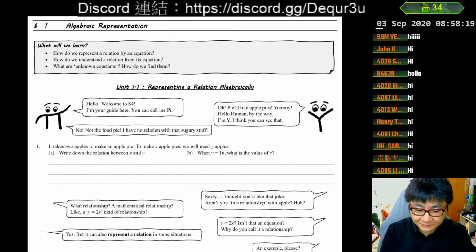Okay, so the first one, let's see what the relation is. It takes 2 apples to make an apple pie. So to make 1 apple pie, we need 2 apples, and to make X apple pies, we need Y apples. Try to write down a relation between X and Y. That means here, if we are doing it in an algebraic way, we try to see if we can write an equation. When we talk about algebra, there will be symbols, equal or unequal, bigger, smaller, etc. So we try to write an equation